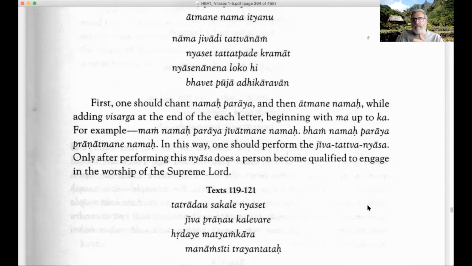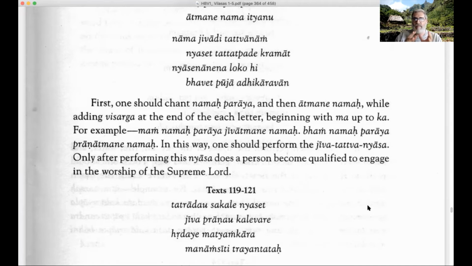So Mam Namaha Paraya Jivatmane Namaha. Bham Namaha Paraya Pranatmane Namaha. And for anybody who's conversant with the deity installation, they'll probably realize that this sounds very much like the Jivadi Tattva Nyasas and Jivadi Tattva Homa that is performed in the installation of the deity in the Pancharatric system, especially according to Padma Samhita.